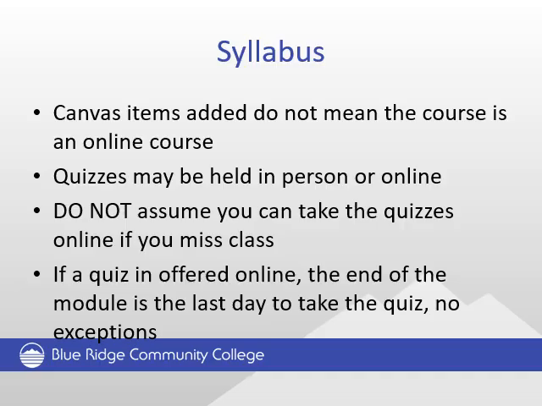if it's at the end of the module, because most of the time you're going to have an entire week to complete a quiz. Therefore, if you wait until Sunday and then an emergency comes up on Sunday, then that's really no excuse. You should have taken it earlier in the week. So I do not advise waiting until the last weekend of a module, which typically ends on Sunday at midnight. Take those quizzes earlier in the week, do your readings earlier. That way, if something comes up on the weekend, you're still going to be able to finish that module.